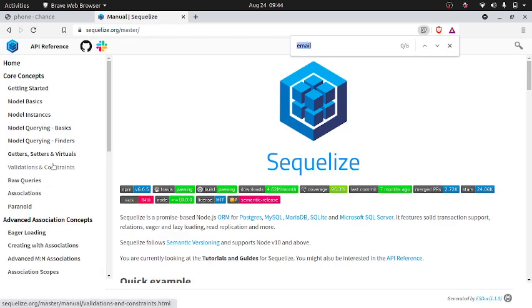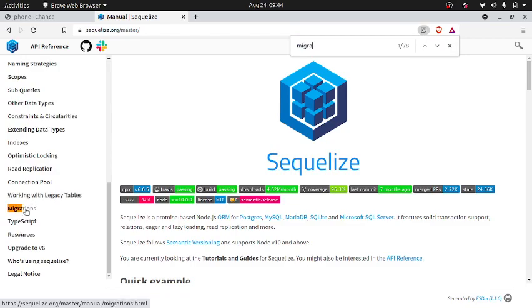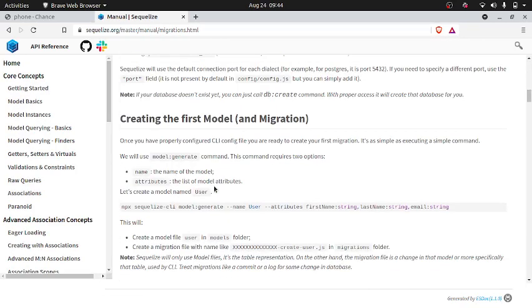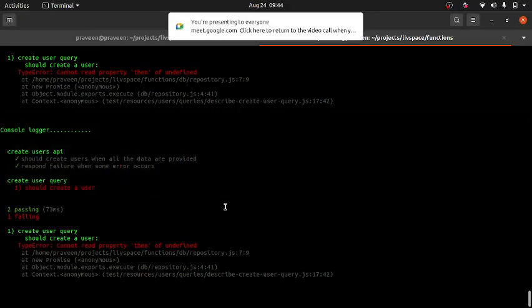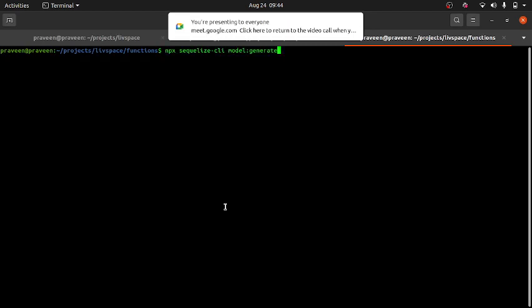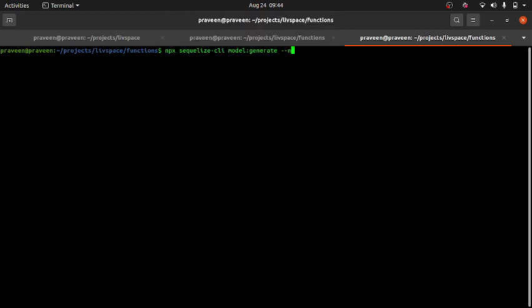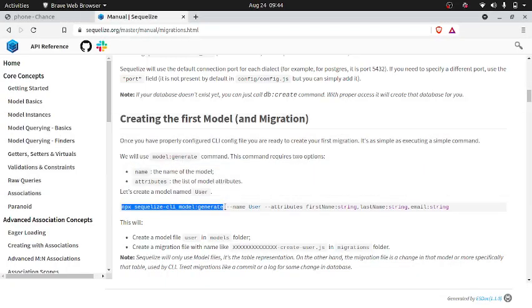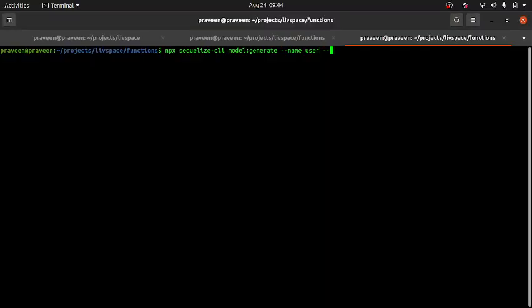So control F, migration. Let's go to migration, and you basically have the npx sequelize CLI. Let's copy it till here. Model generate --name will be user, right? And let's look at what are the attributes. --attributes.